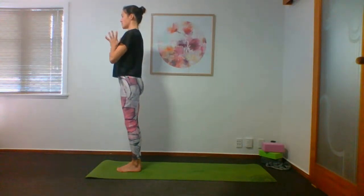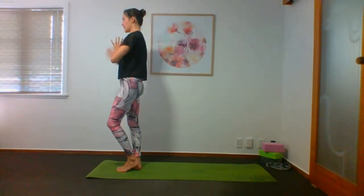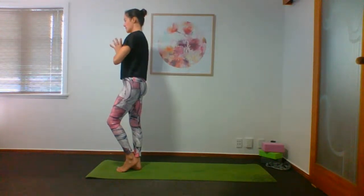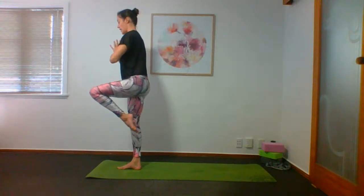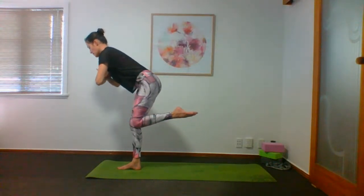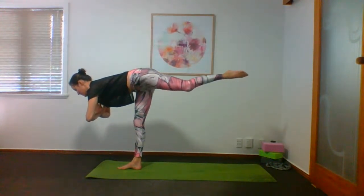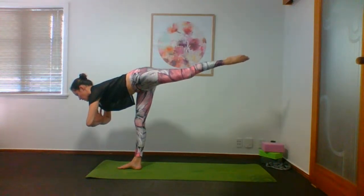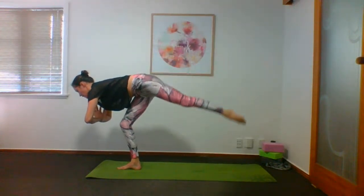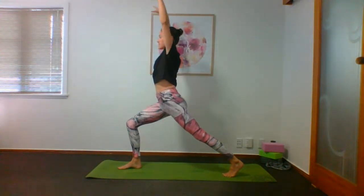So coming to the front of your mat, hands into prayer. Taking your weight to your right leg, keep the right hip tucked under. We're going to inhale to lift our left knee into our chest. Then exhale slowly, take it back into your warrior three, embrace your wobble, coming into that T shape. You're going to inhale, exhale, back foot to the ground, back heel lifted, both feet facing forward, and arms up,